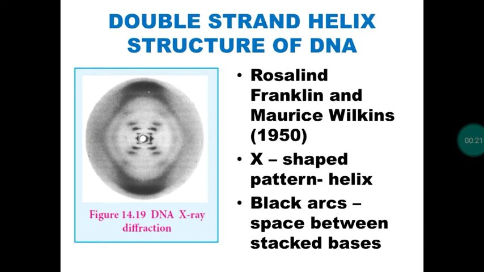So in 1950, the scientists Rosalind Franklin as well as Maurice Wilkins tried to study the structure of DNA. They utilized the X-ray diffraction technique. So what is the X-ray diffraction technique? We use the same principle for finding the structure of crystals. We pass X-rays through a substance, and based on the pattern we get, we can identify the structure. The same process, when X-rays are passed through nucleic acids, especially DNA, gave us a diffraction pattern.